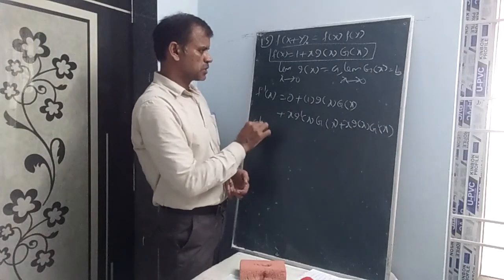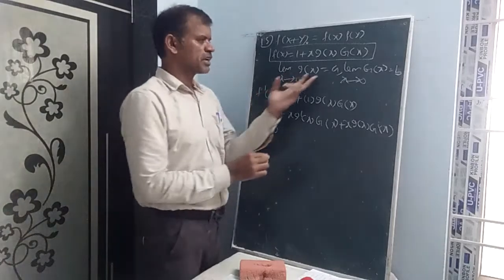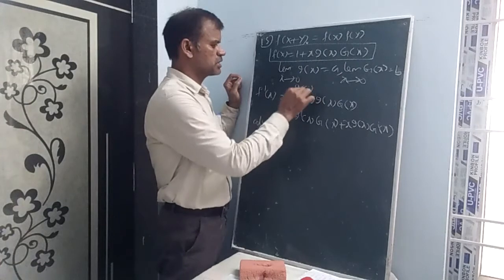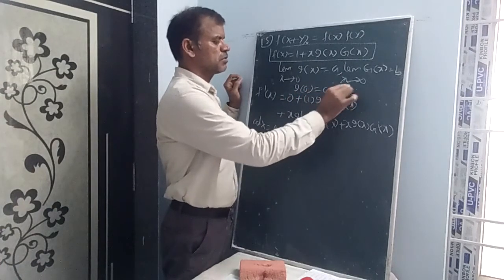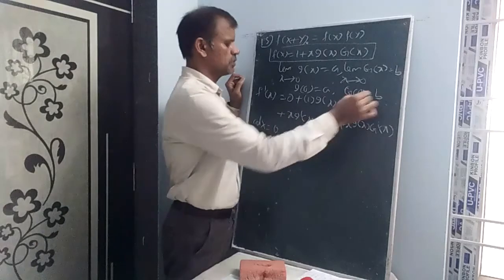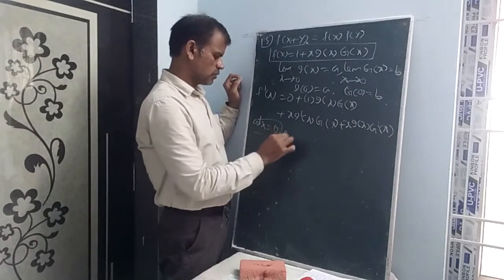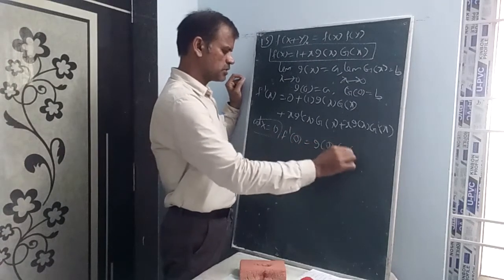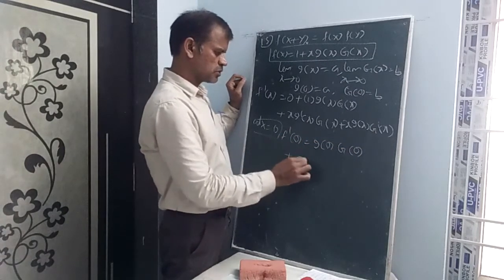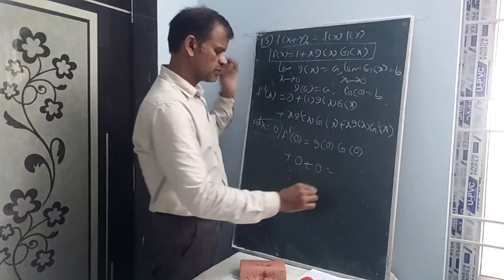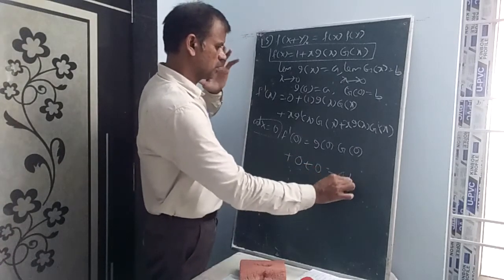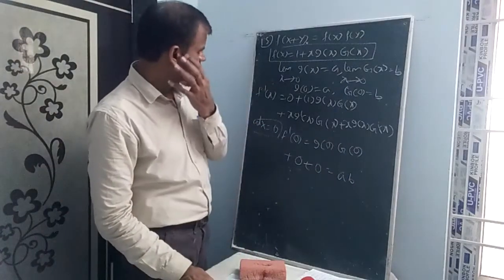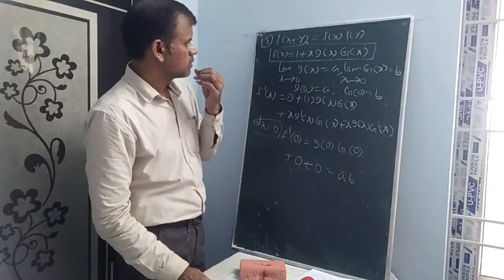At x equal to 0, because limit x tends to 0, given g of x equal to a. Here you can understand g of 0 is equal to a, small g of 0 is equal to a, and capital G of 0 is equal to b. So at x equal to 0, f dash 0 is equal to small g of 0 into capital G of 0 plus, simply substitute 0 here, no need to calculate. So g of 0 into capital G of 0, that is ab. ab is the answer.